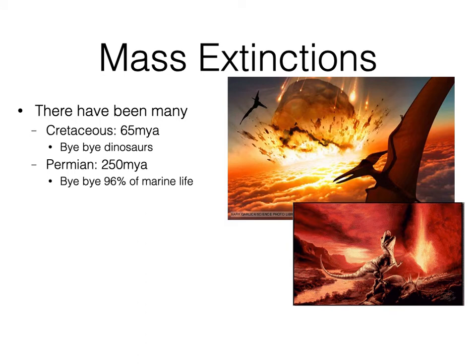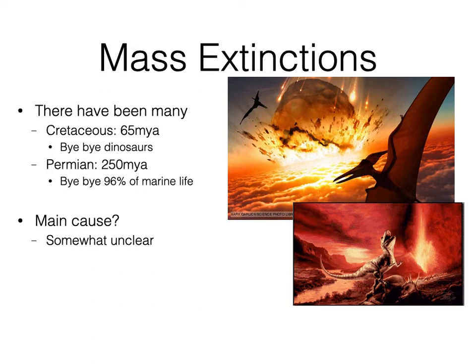In the Permian extinction, about 250 million years ago, so this is the extinction that eventually gave rise to the dinosaurs, the Triassic period, 96% of all marine life on the planet, according to the fossil record and what human beings understand of the fossil record, disappeared. And so that was a really serious extinction. And the main cause of these extinctions, even the dinosaur extinction, but particularly when we look further back in the past, is somewhat unclear.